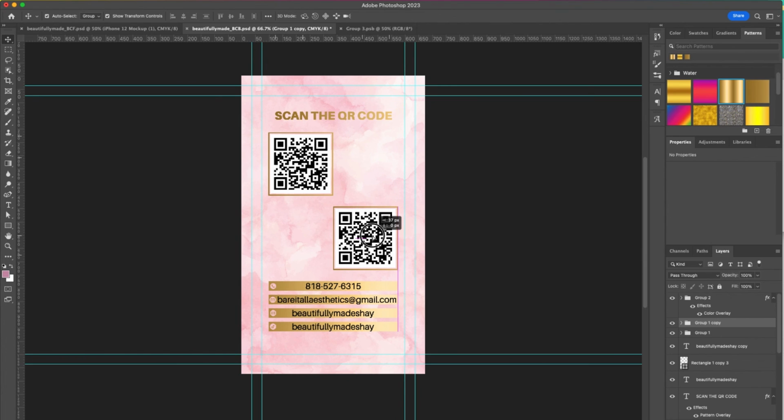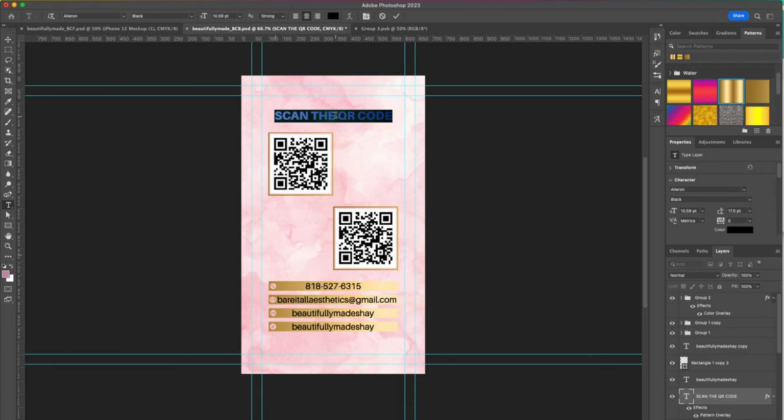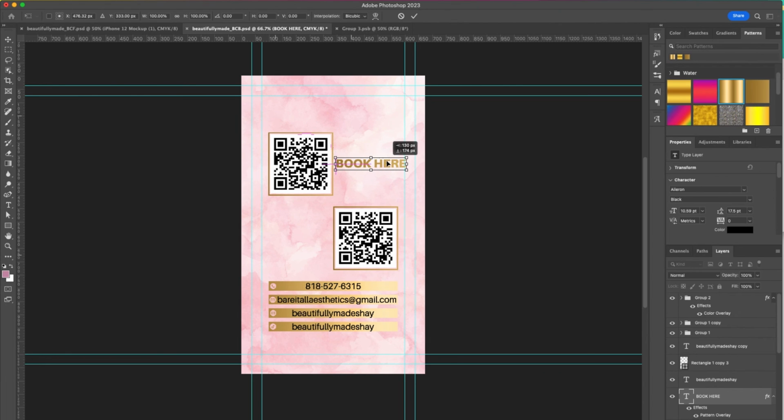Okay, maybe if I line it up like that. And then I'm going to change this one to book here. Book here. And then change this one